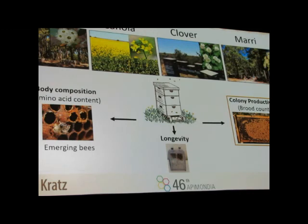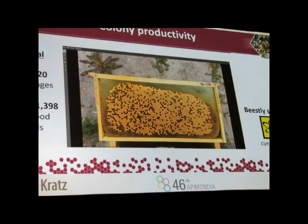So lastly, I wanted to know how does that link in with colony productivity? Do we see differences in colony strength, especially because that's important for honey production, but also for pollination, that we do want to have really strong colonies? And to complete that, I was taking photographs of frames every second week of all of my 40 colonies, of each frame. And in total, I ended up with close to 2,000 images and more than 3/4 of a million brood